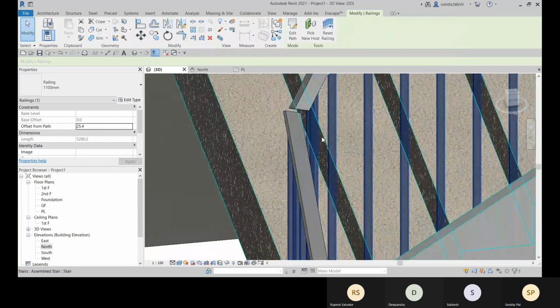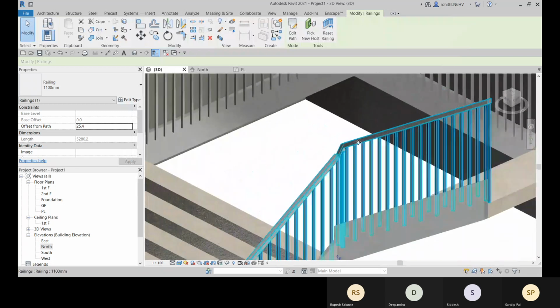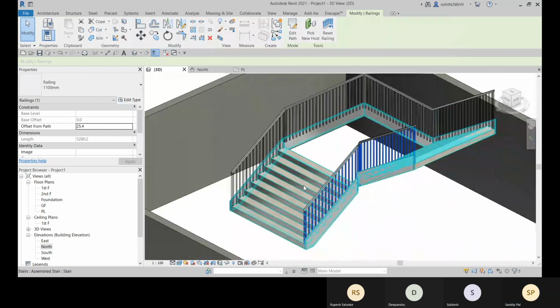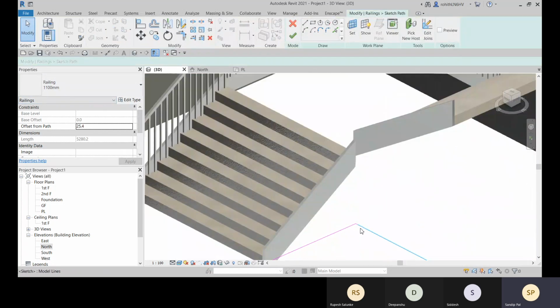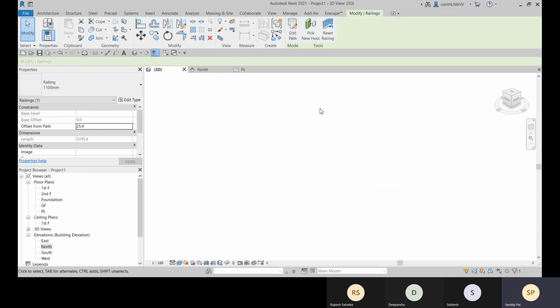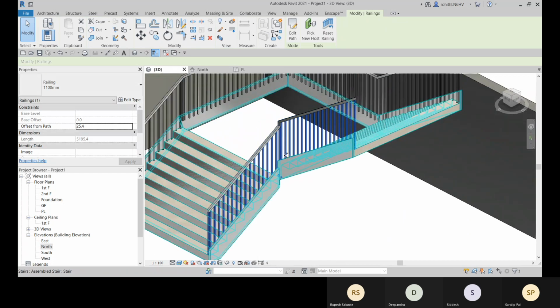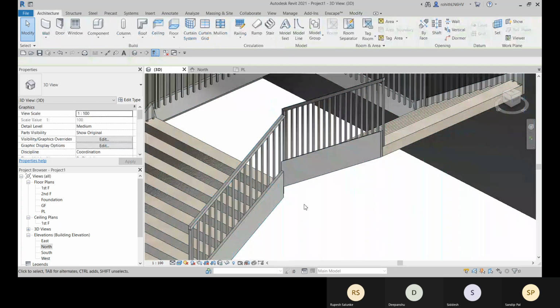And we are still having that break. Now let me check it once. Okay, so here we have this line segment. Let me make it continuous. All right, then let me click on finish. And now we have this connection. Okay, now everything is fine.